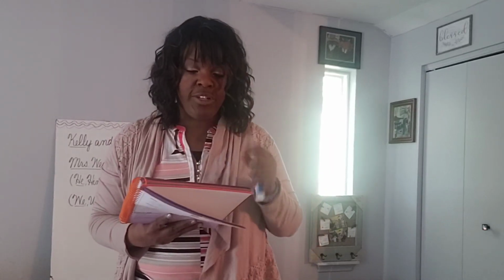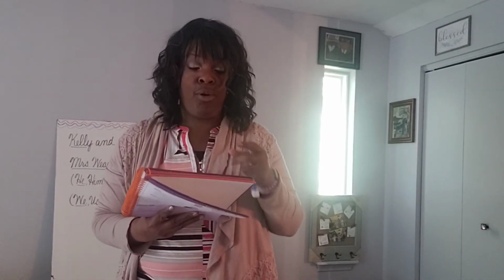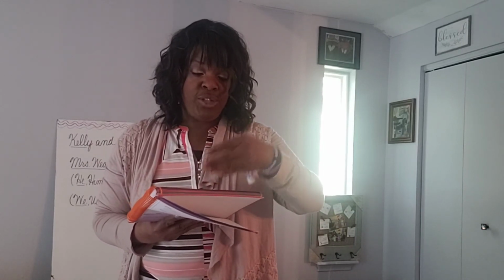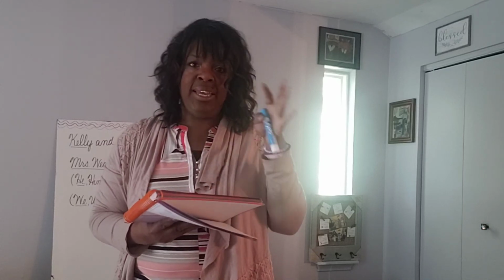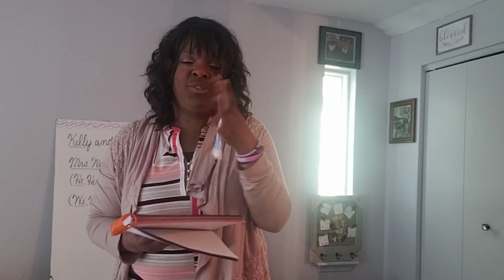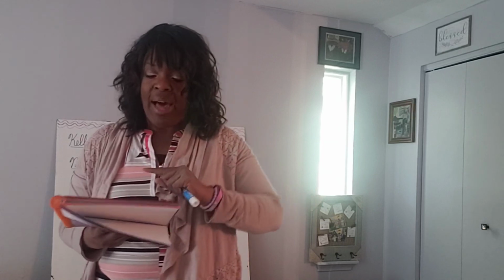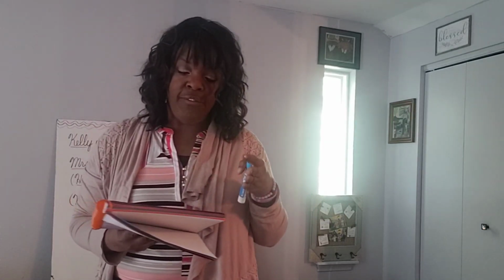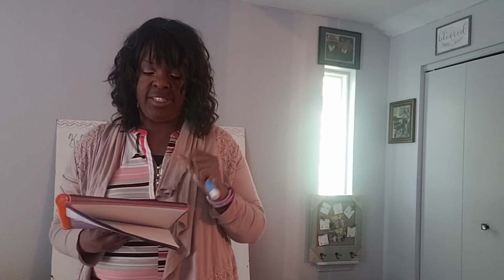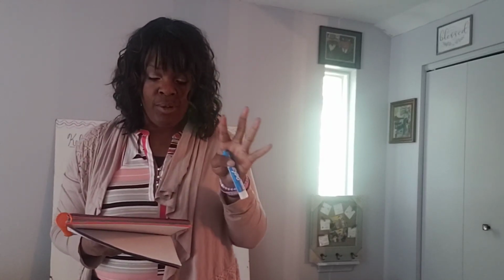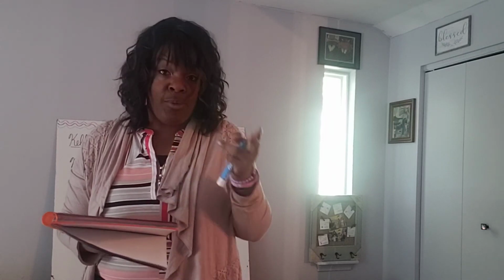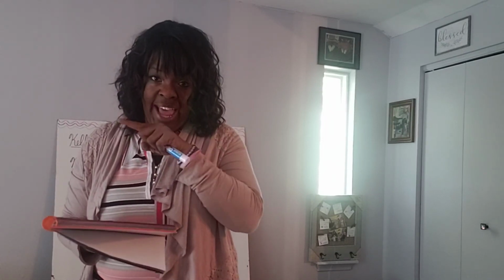Then Think B, mark the circle next to the sentence that has the correct pronoun. So they're giving you 2 sentences and one of them is not correct. So read them carefully and see, is that a subject pronoun? I keep saying subjective, objective, but is it a subject pronoun or a predicate pronoun? Okay. Then at the bottom of the page, it's your adverbs. Underline the verb or verb phrase twice in each sentence. Circle the adverbs and draw a small arrow from each adverb to the verb it describes. Okay. So whatever the verb is, underline twice or verb phrase, and then circle the adverb, draw an arrow to